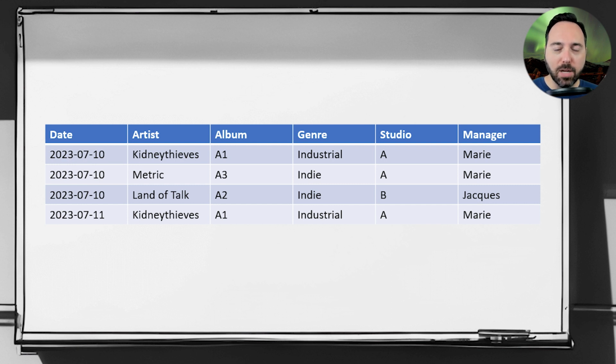Let's suppose that Lindsay takes over as the manager of Studio A, so we update the data. The problem is, however, that our update statement missed a row, which still has Marie as the manager. That's a bit of an oopsie and could cause end users not to trust our data, because it's wrong.